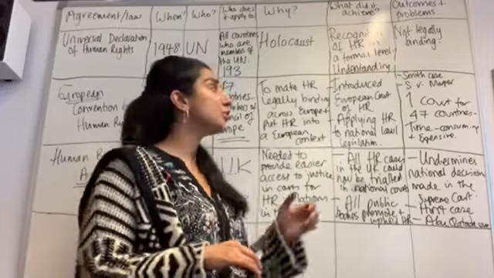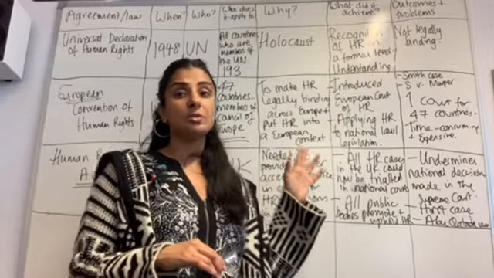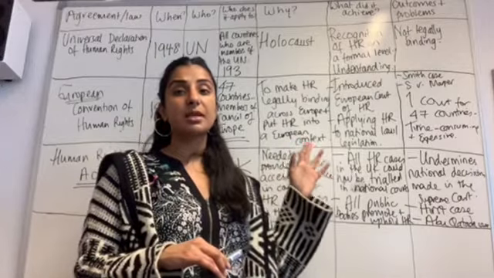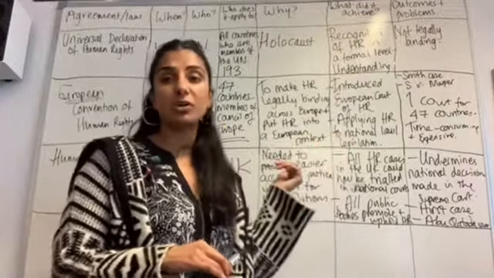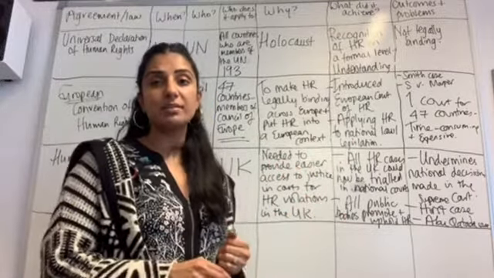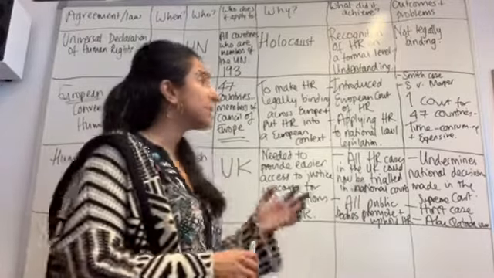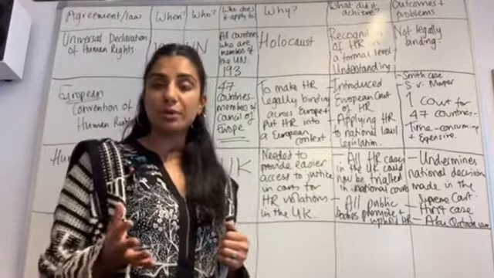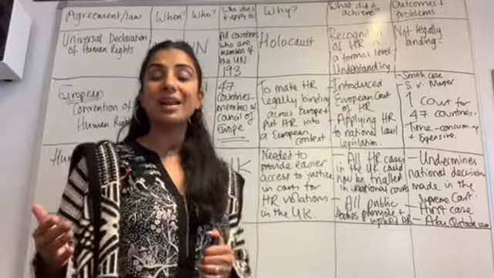When he took it to the European Court of Human Rights, they did say that the UK government is abusing human rights, namely the right to participate in a democracy. However, the European Court of Human Rights did understand the UK government's arguments, and the ultimate ruling was, although it is a violation of human rights, they suggested and recommended that the 47 countries that make up the Council of Europe review their policies and that prisoners should be allowed to vote, but it's up to the government how they